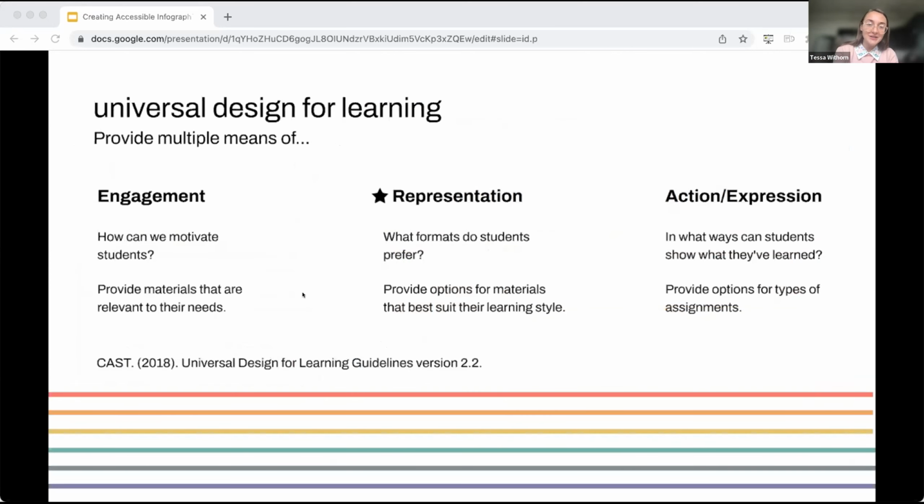So why use infographics in the first place? I think this is also a part of providing multiple means of representation, which is a key component of Universal Design for Learning. So UDL, of course, also encourages instructors to think about how to motivate students. So this might be by providing materials that are relevant to their needs, as well as multiple means of action